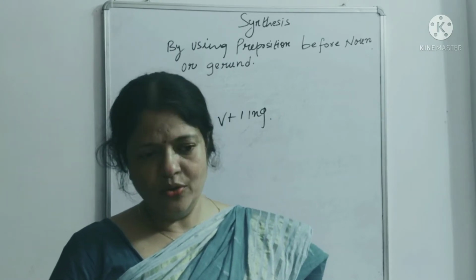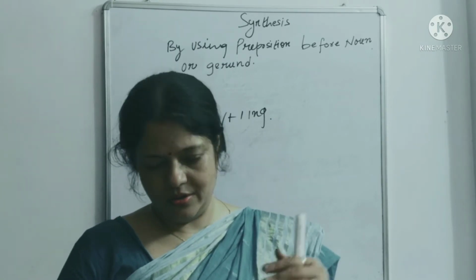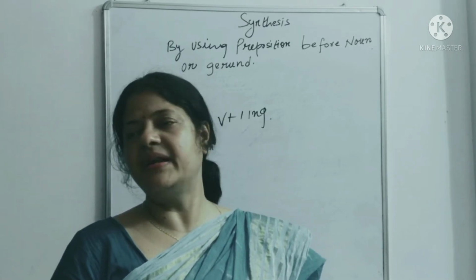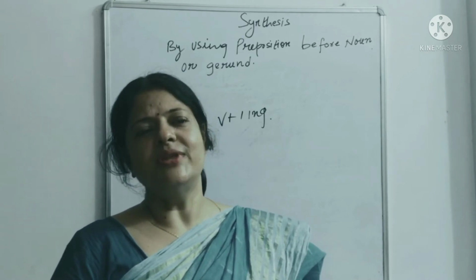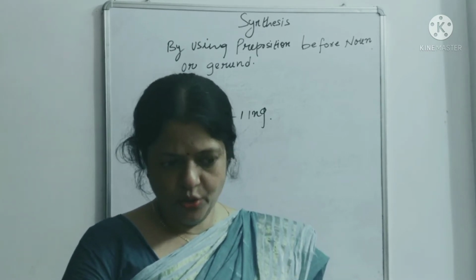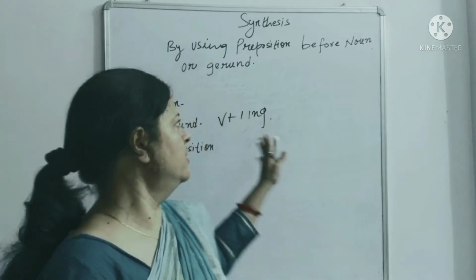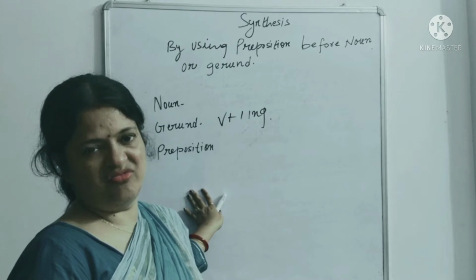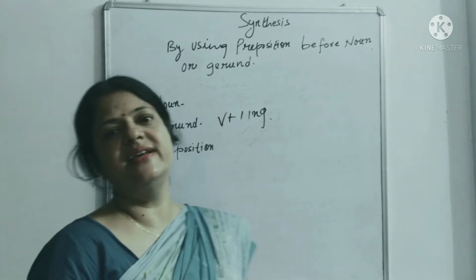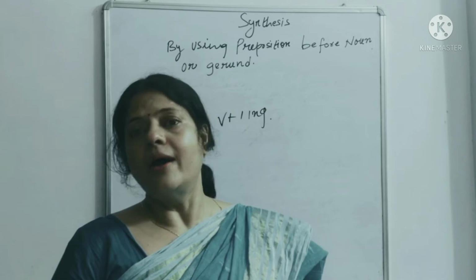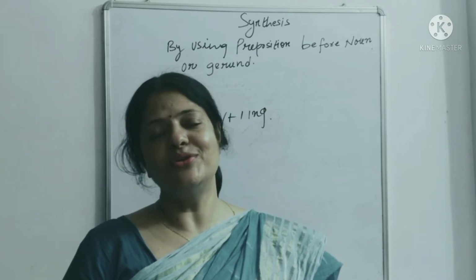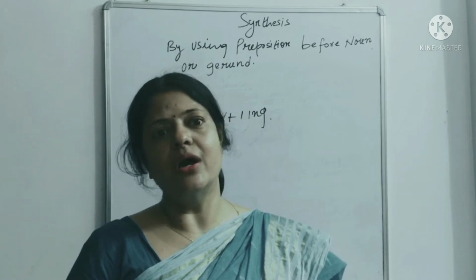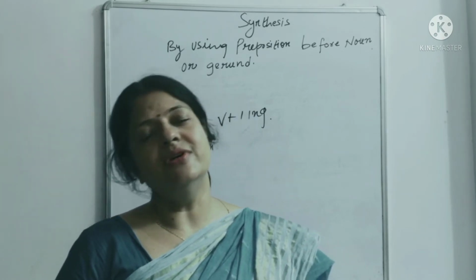I know you might know the basic things about these, but let me tell you in brief, so that before we learn the rules, we know something about these three things. First, let's take the example of a noun. You have been studying nouns since your childhood, so I don't need to explain elaborately what a noun is. You know that any naming word is called a noun.